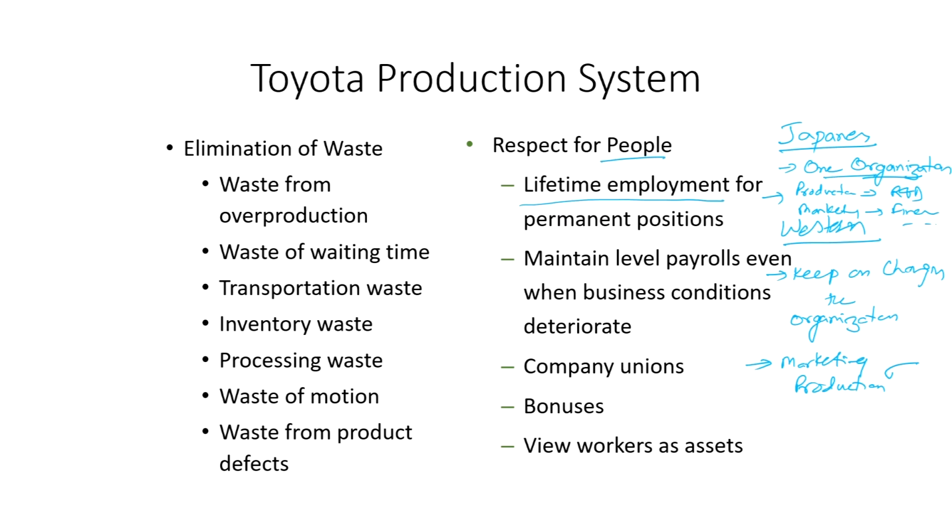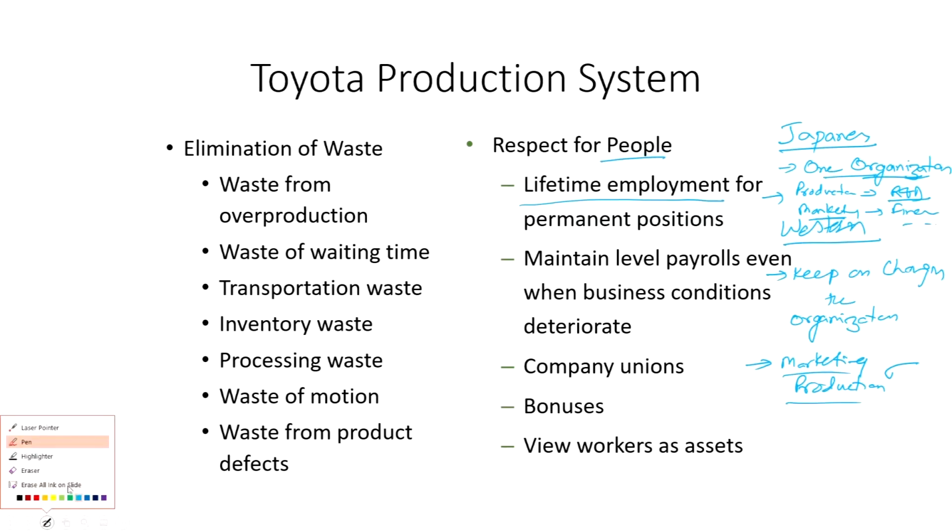So, we have to see what the advantages are. The main advantage, when the person is in one organization and changing functions, is that when he is working in R&D, he knows the limitations and capabilities of the production area. When he is working in marketing, he knows the capabilities of R&D and of production, and if there is any problem, he is in a better position to give feedback. But no specialists are developed, whereas in the western case we are able to develop specialists. He is a marketing specialist, a manufacturing specialist, a procurement specialist, or an HR specialist. But in the Japanese culture, there is no concept of developing the specialist. So, that is the contrast.